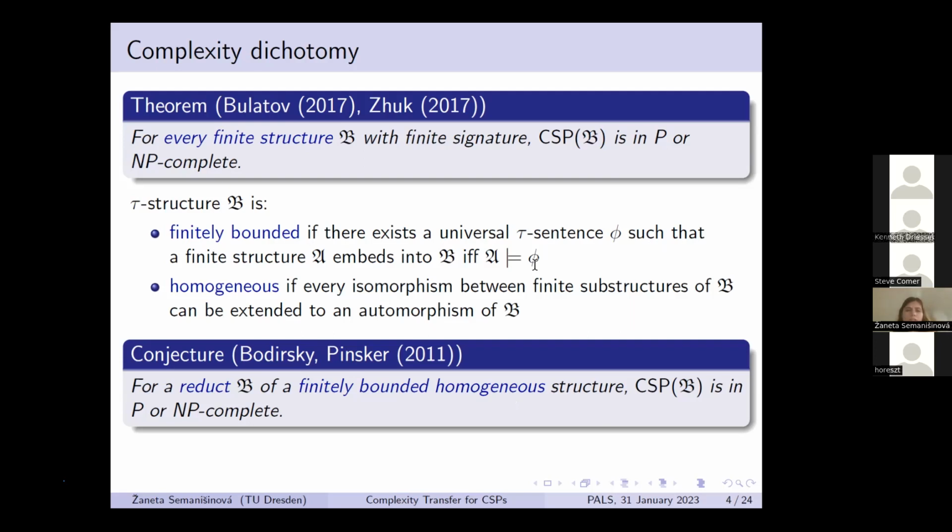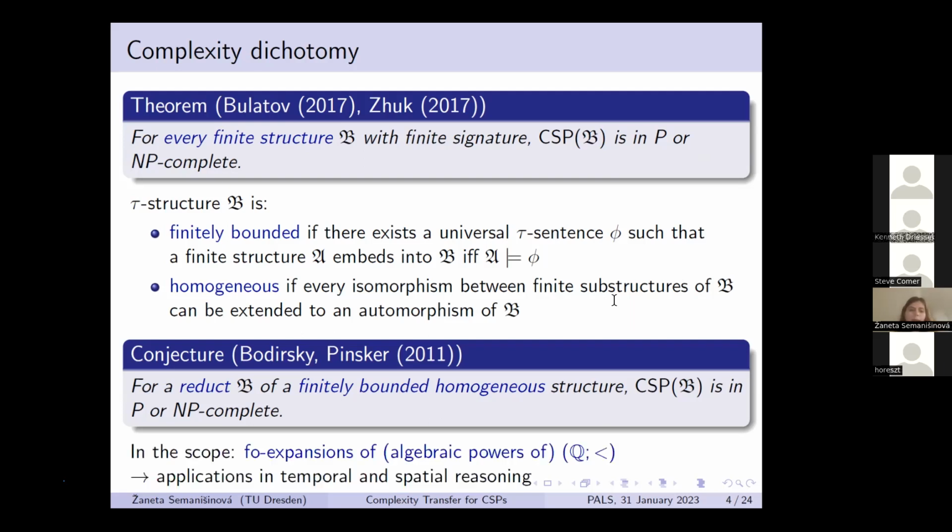Informally speaking, there is some finite description of what can be embedded in this structure. And homogeneous, or sometimes it's said ultra-homogeneous, means for me that every isomorphism between finite substructures can be extended to an automorphism. The whole conjecture is a big challenge to tackle,